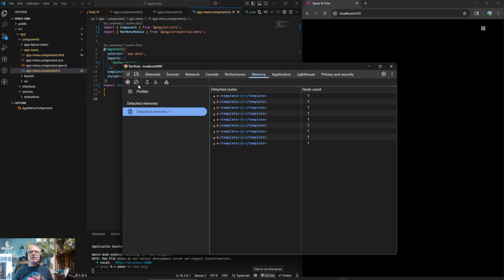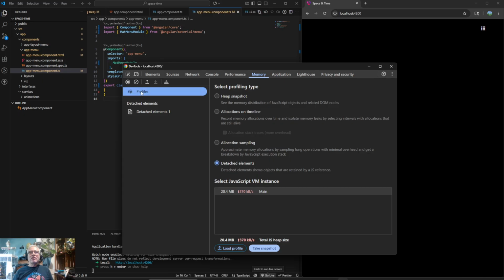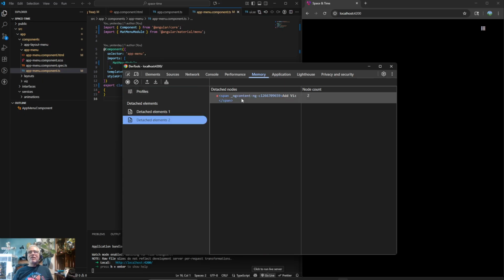Let's see. Now let's run it again. Click that button. And so we have one or two detached span nodes, and I don't think there's anything in there at all. So basically, we have a component called the app menu component, and the app menu component